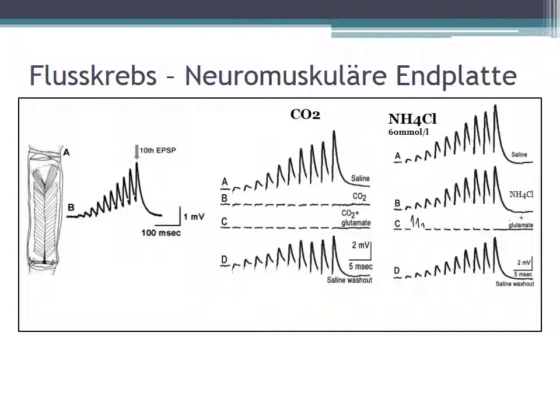Usually you would think that in a physiological condition it should depolarize, and it did depolarize at the very beginning, but then there's no response because the receptor channels for glutamate are desensitized and thus give no response anymore. In the last picture in D, you can see that a recovery is possible here too, so we have the normal amplitude of the EPSP again. So once again you can see that CO2 and low pH by the ammonium washout show quite different responses.